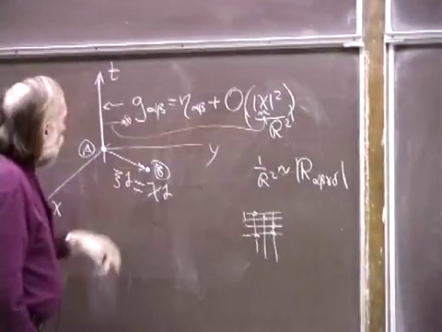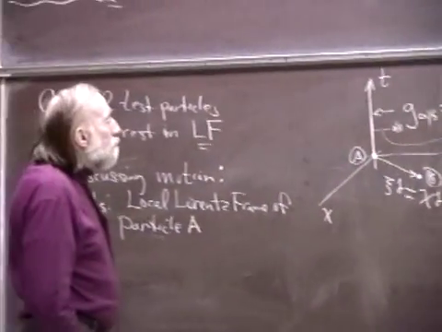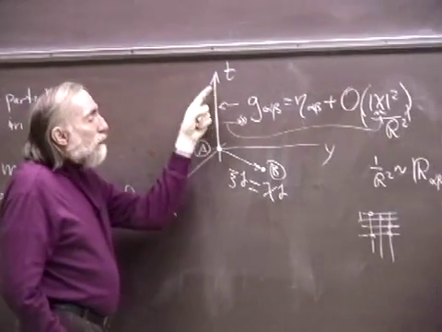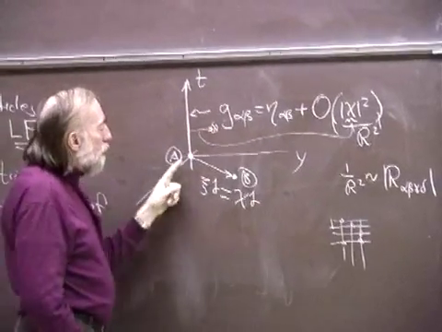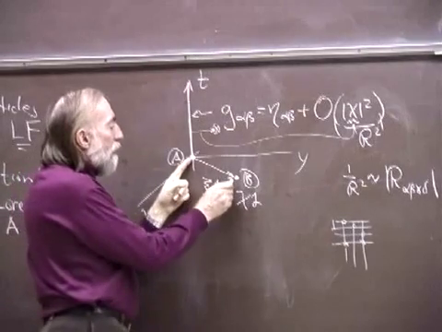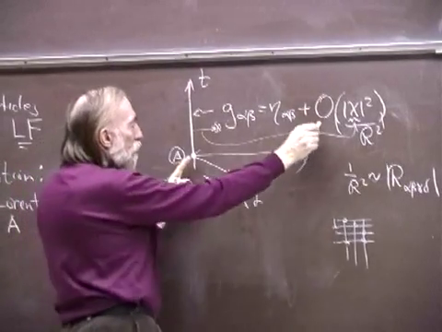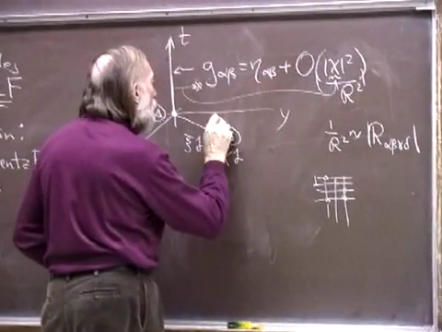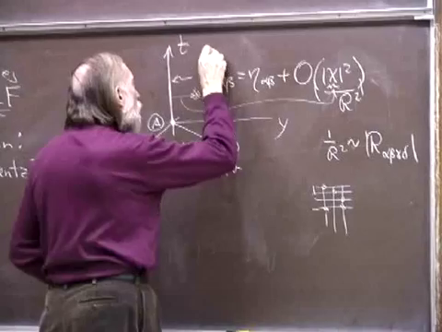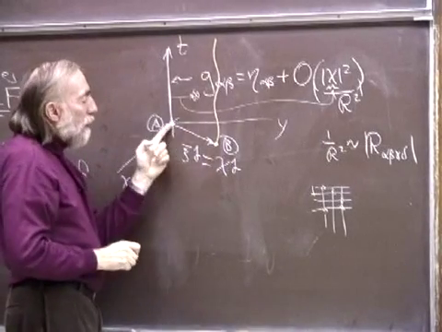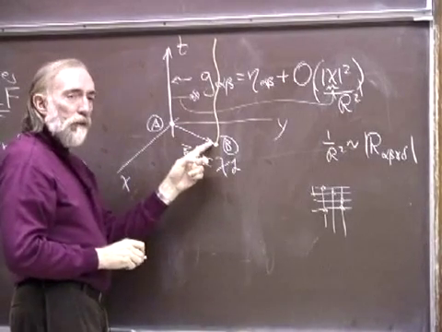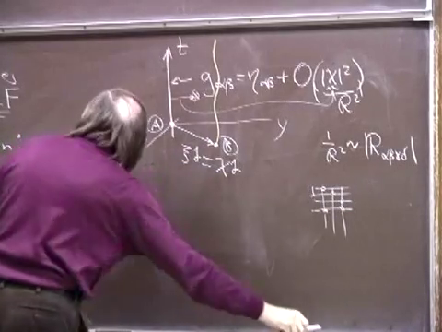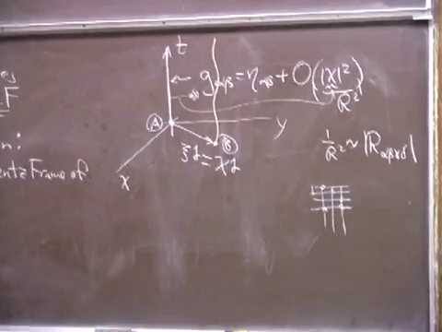And then in this local Lorentz frame, particle A remains always at rest, by the way the local Lorentz frame is constructed. And particle B, under geodesic deviation produced by the Riemann curvature, must move back and forth so that the separation ξ^j changes with time. And the equation of geodesic deviation then